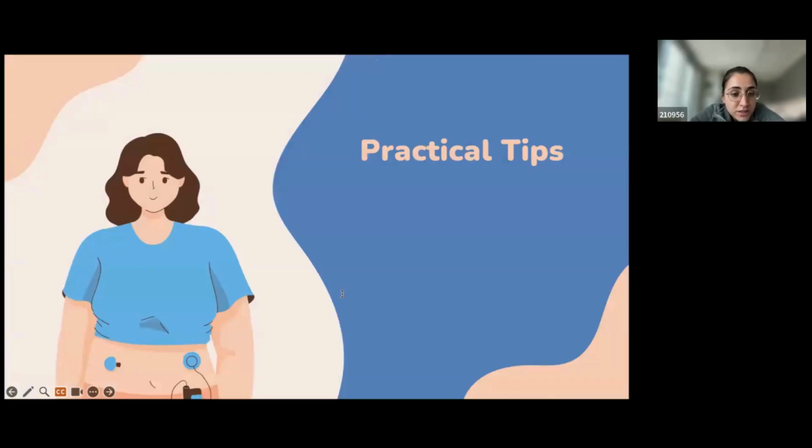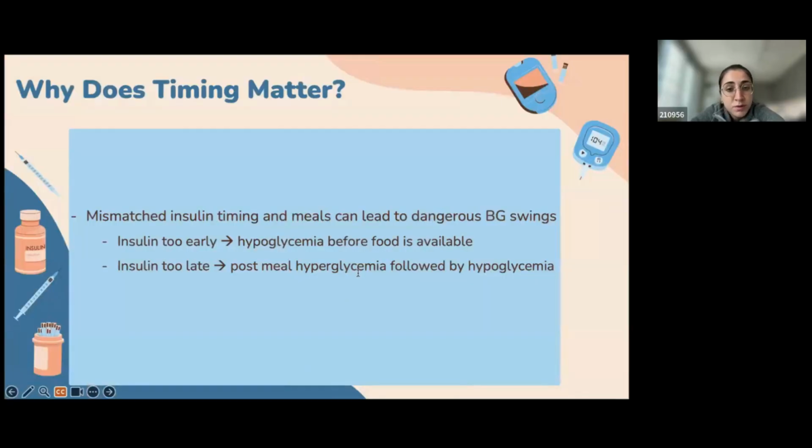So the next few slides are really practical tips specific for not just post-acute care settings, but in geriatric care in general. First, it's important to remember to educate our colleagues, especially nursing staff in the nursing homes when we are able, because for nursing staff, proper timing of the blood glucose check and the insulin administration is very crucial to prevent fluctuations in the blood sugar and to ensure safety.